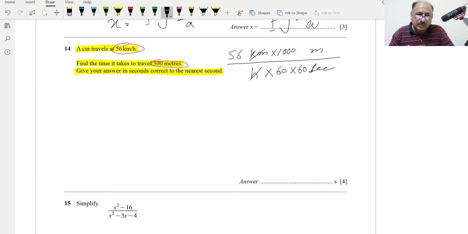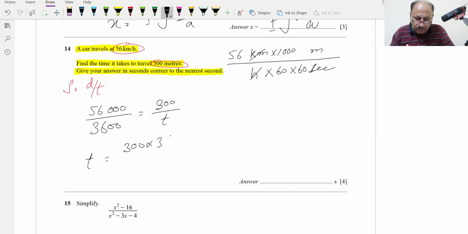So this will be the seconds, and we know the formula that speed is equal to distance over time. So speed is 56,000 over 3600, and this will be equal to distance, which is 300 meters over time, and t will be equal to